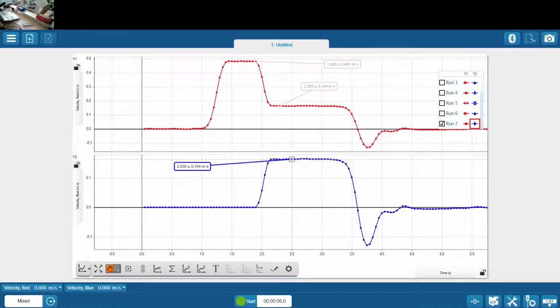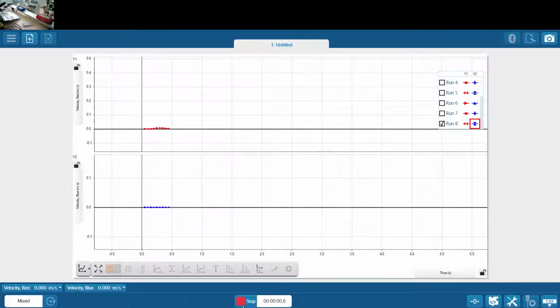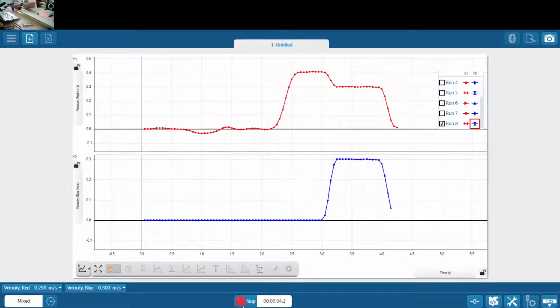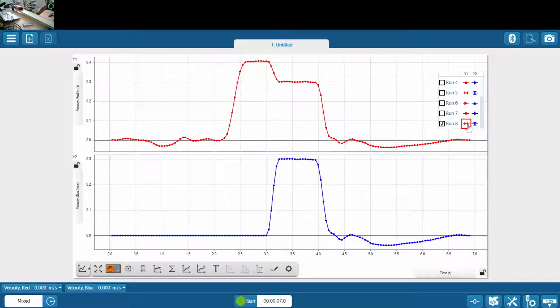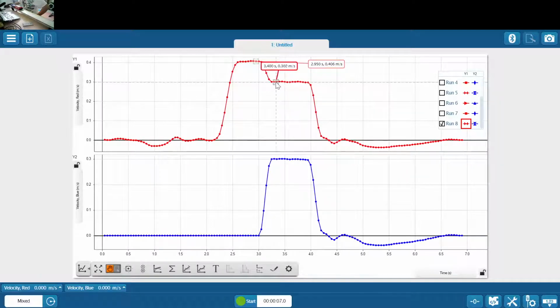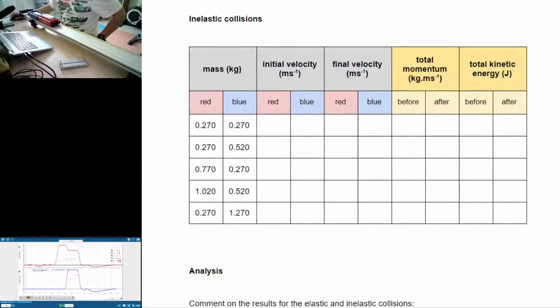Sparkvue. Let's start. Right. Rescale. Okay. Red. Initial velocity red, 0.406 meters per second. Final velocity red, 0.301. Okay. Initial velocity blue 0. Final velocity blue, that'll do, 0.301 meters per second. Okay. Next up,